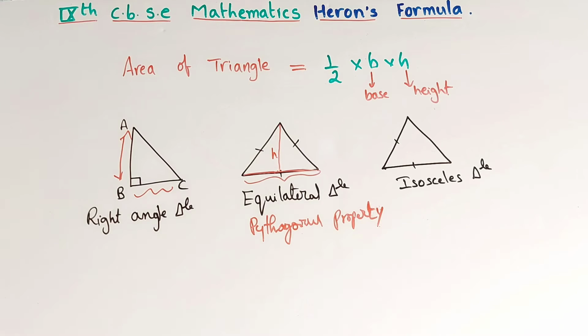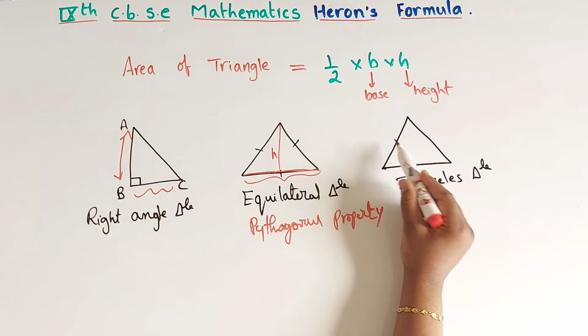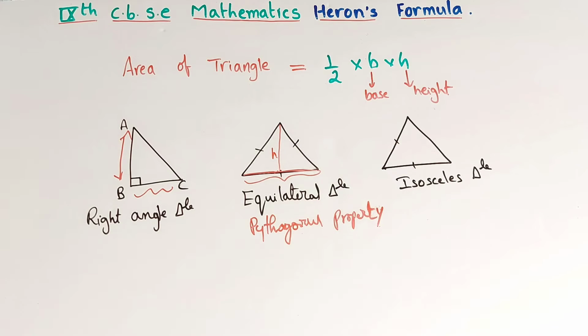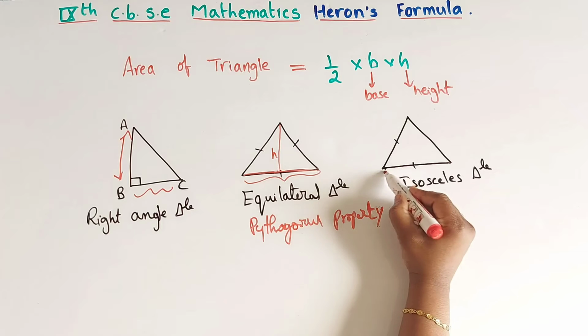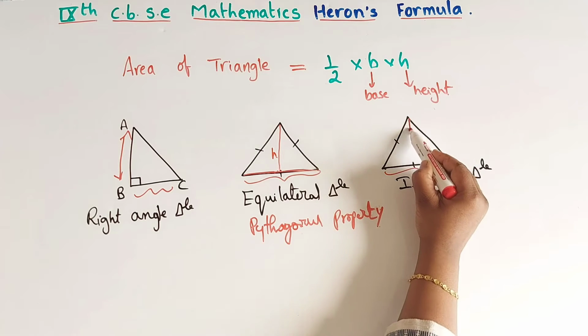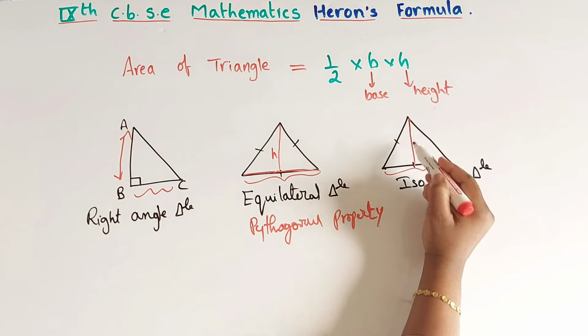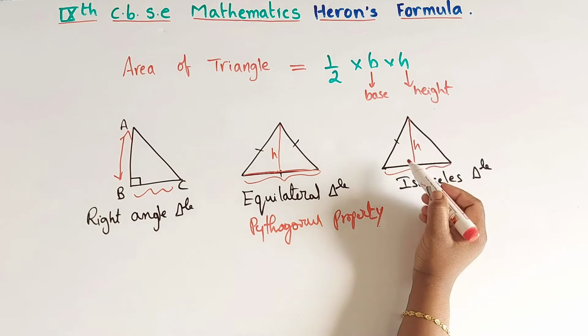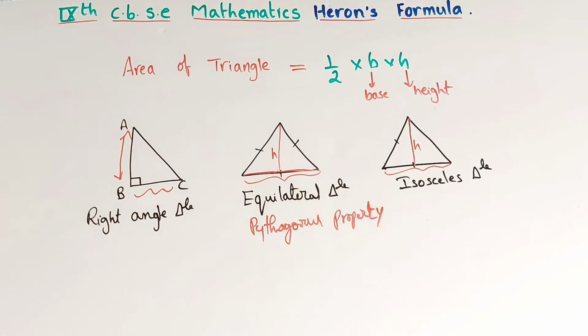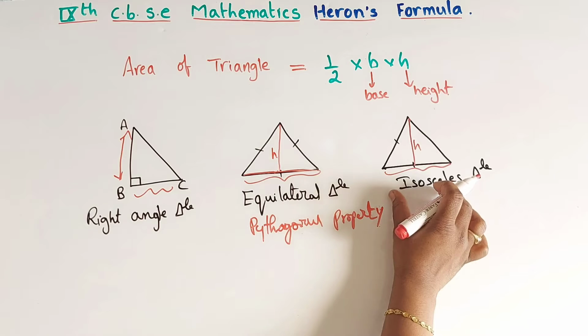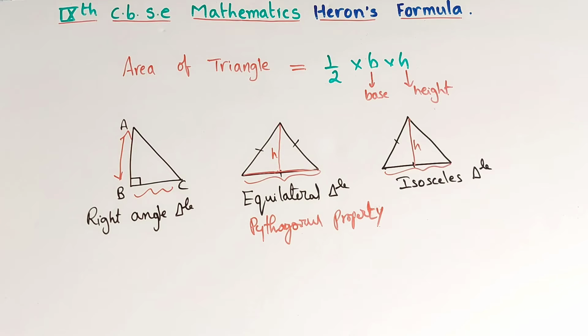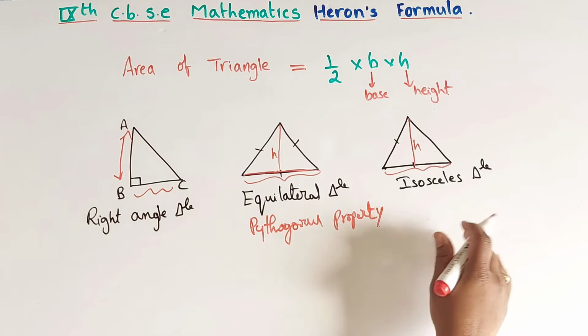Now we'll come to isosceles triangle. Here you know two sides are equal. Isosceles triangle means two sides are equal. That means you know the base here. Same here also, you can draw perpendicular line. That means height you will find out by using Pythagoras property. Correct children? So here you know base and height, you can apply area of a triangle formula and find out the area of this triangle.